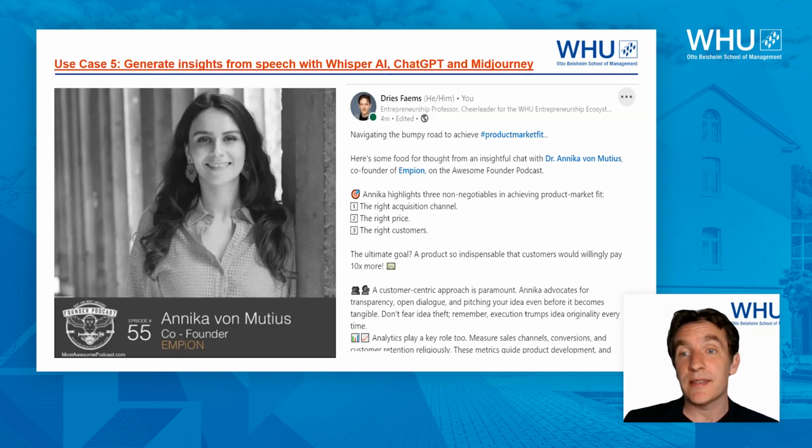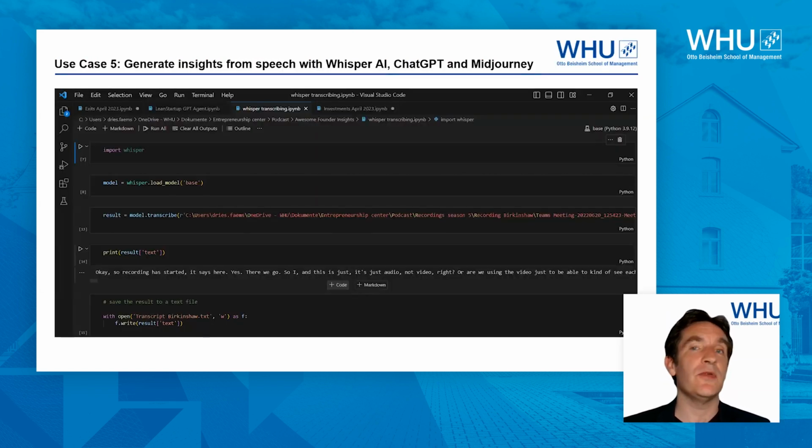And then you need to write a kind of expert piece and then translate it into a LinkedIn message. So that's quite time-consuming. And actually, here again, generative AI can really help you. The first step, how it can help you, is that today, based on generative AI, there are great tools to transform audio into transcripts. And OpenAI has developed its own tool called Whisper.